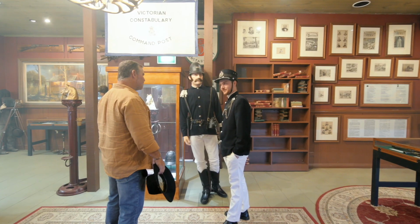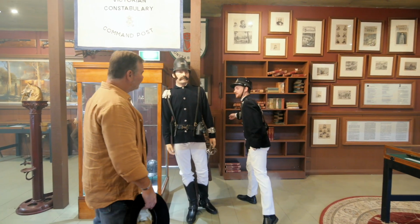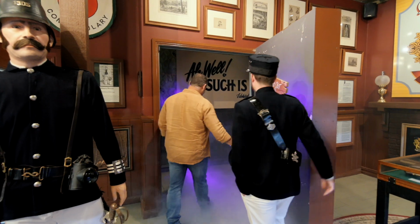All right, Dave, now for the highlight of Kellyland. Through the brilliance of animatronics and special effects, let's reenact Ned Kelly's last stand. Awesome. Come on through. Goodness, is it safe? It is, you can trust me. The